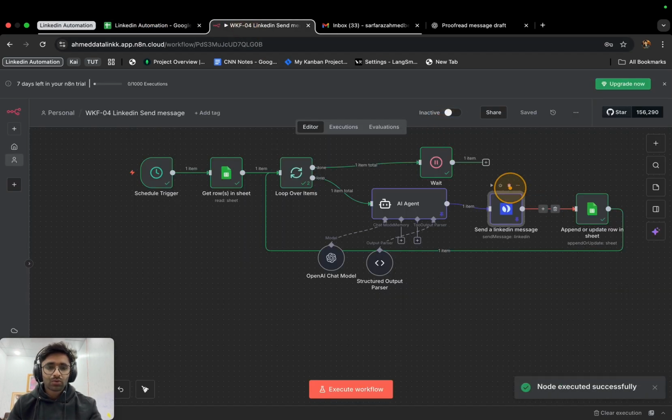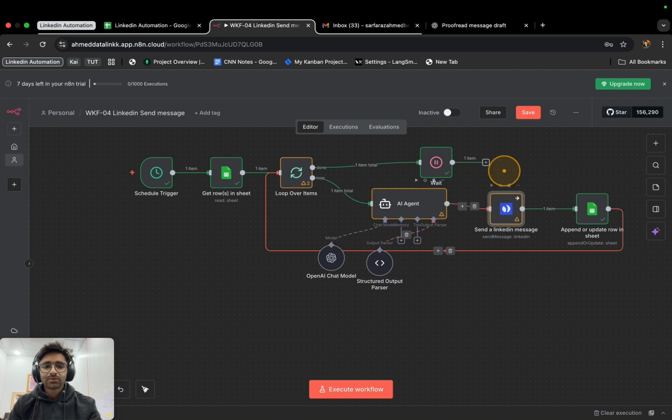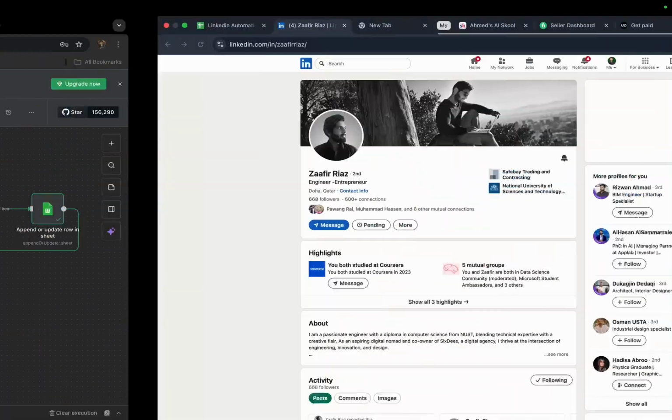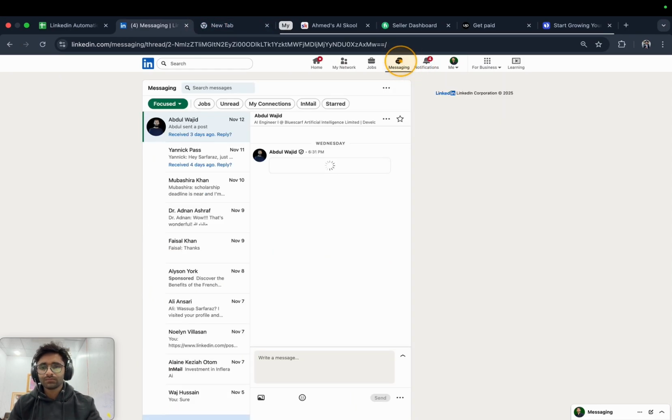I hope you got the logic. And now I am going to unpin it, because if I don't pin it, it will execute these nodes again just to update the sheet. I pinned it so that when I update the sheet node, it gets the previous execution of these nodes. I don't want to wait a lot again sending messages. Now let's see if we are able to send a message without a connection or not. So yeah, I guess the message is not being sent